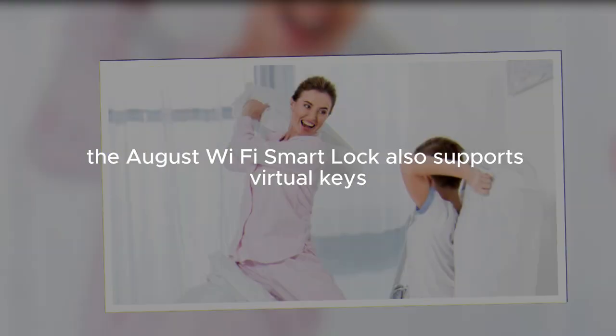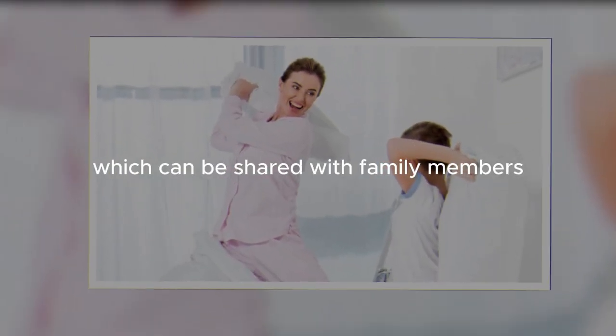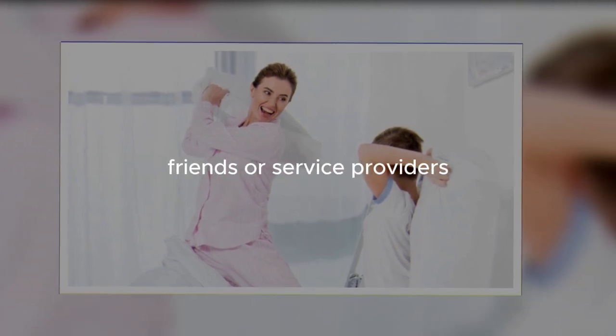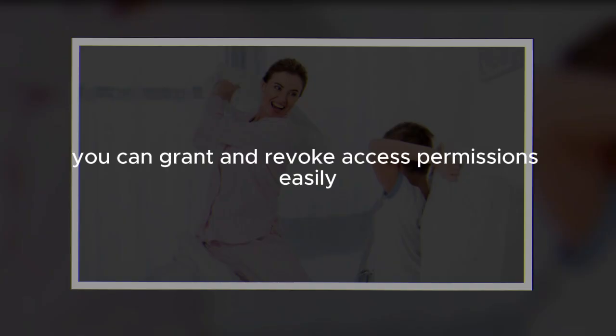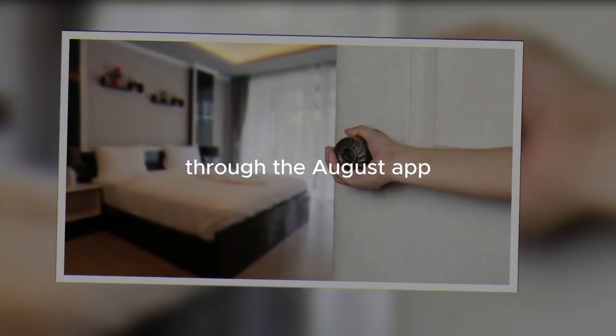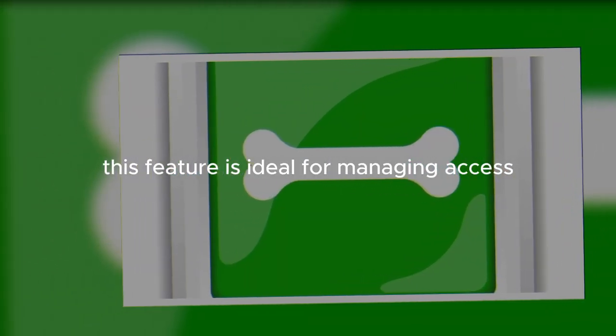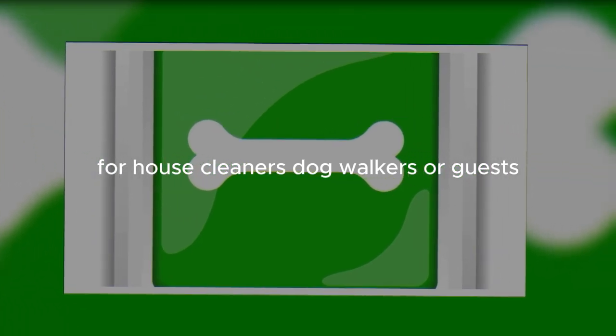The August Wi-Fi Smart Lock also supports virtual keys, which can be shared with family members, friends, or service providers. You can grant and revoke access permissions easily through the August app, providing temporary or permanent access as needed. This feature is ideal for managing access for house cleaners, dog walkers, or guests, ensuring that you maintain control over